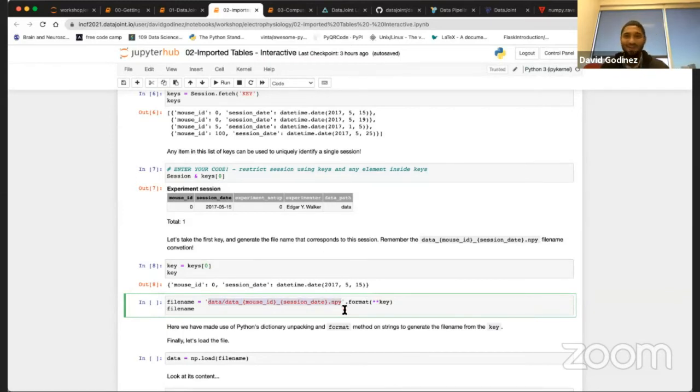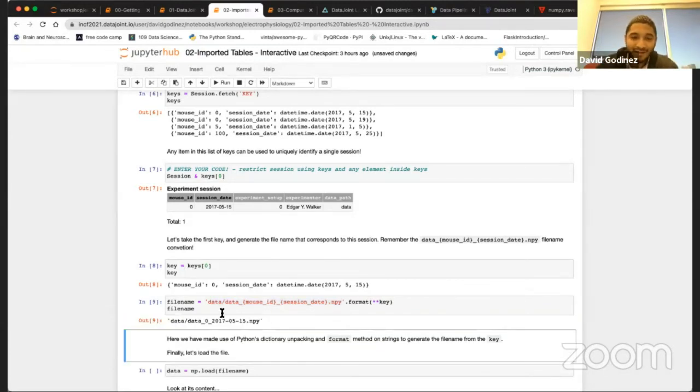But we're going to do something really cool where we format the string using key. We're telling Python, I want my file name to have this format, and I want you to populate the mouse ID and session date from the data that we got in key. So we run that and we see that our new string is